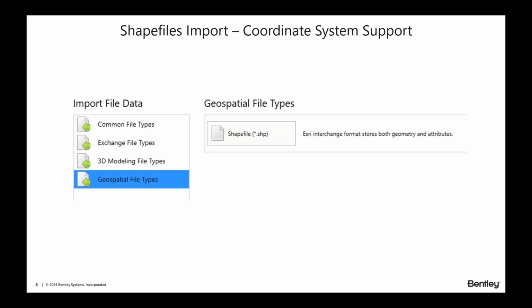So let's move on to the first enhancement. The first enhancement is the shapefile import using coordinate system support. You can see you have a new geospatial file type in the import file data, and from here you can import your shapefile. Whenever importing shapefiles, the data is reprojected according to the DGN coordinate system, and the semantic data is preserved